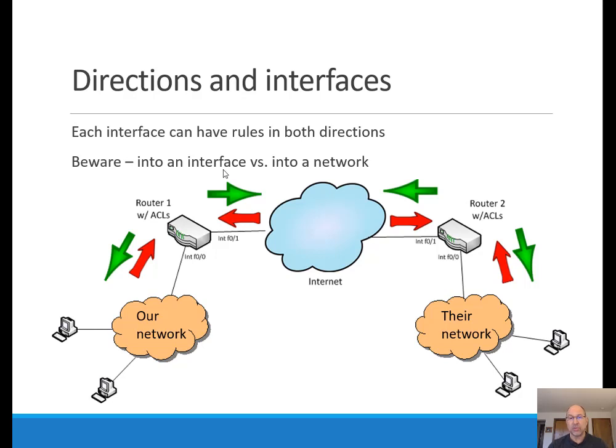But as long as you stick to the rule of considering traffic flowing into or out of an interface, you should be okay. And on a last note here, we draw these diagrams all the time with just 2 interfaces, but remember that a router can have many, many, many interfaces, and we have to really think about where traffic is flowing, where it's going, how many different services we have, and those kinds of things.